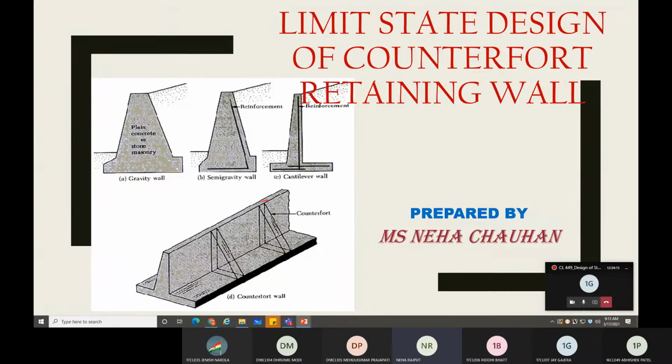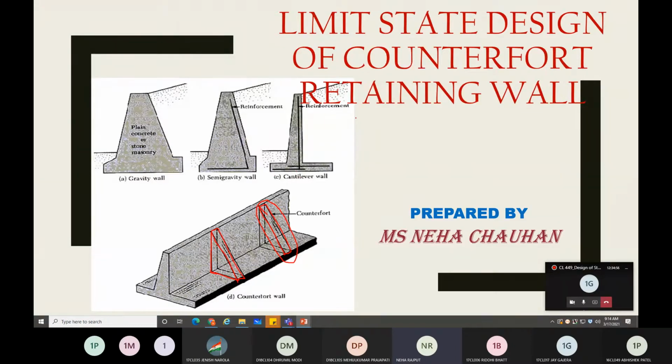Right, so this is the counterfort member which is connected with the stem part, and here it is connected with the heel part, and this is one inclined member. So this is a kind of beam which has this much length, and the beam has varying depth throughout the length. So this is your counterfort member. This is the very first difference between the cantilever retaining wall and counterfort retaining wall.